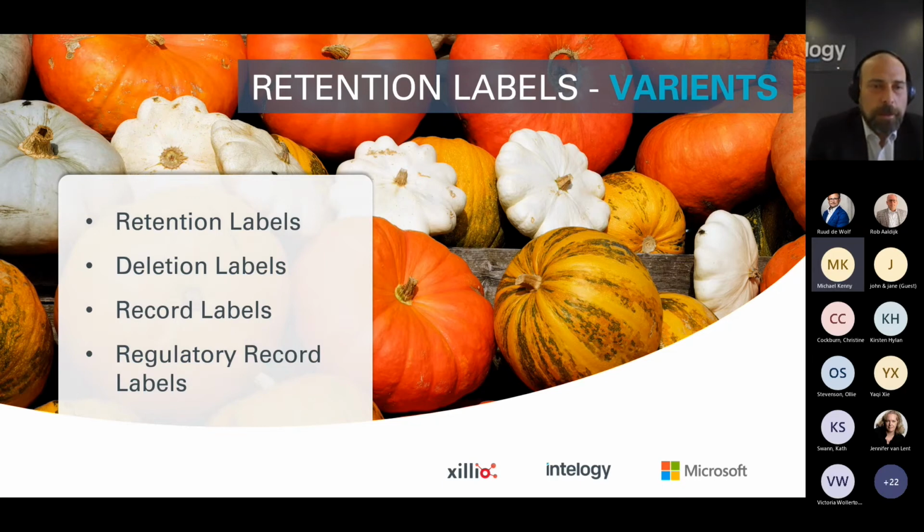And this brings me to the last two bullet points here, the record label and the regulatory record label. The record label is effectively a variant of the retention label that makes the content immutable. So it locks down the content when it's applied to it and prevents changes. Now, with the record label, you can carry on modifying the metadata that's against the, say, document in SharePoint. But with the regulatory